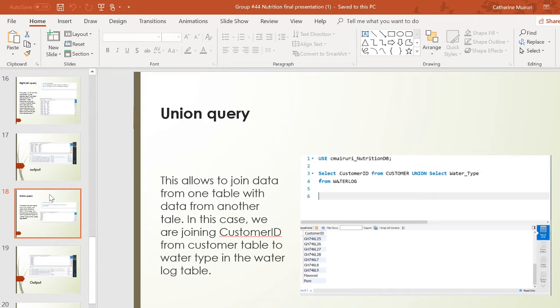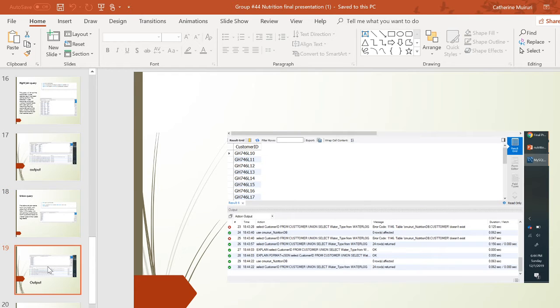What a union query does is it will join distinct data from both tables. So it removes any duplicates. In our database, we had 22 customers, but now when you run the code, I don't think you'll be able to see it here though. Hopefully, yes, you see it. So when you run the code, it gives you 24 rows. The reason it gives you 24 rows is because